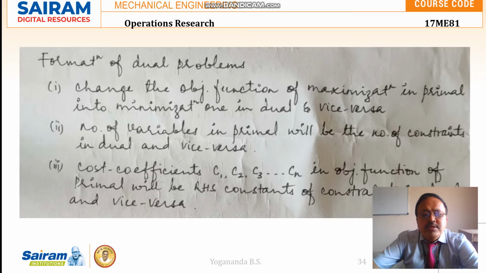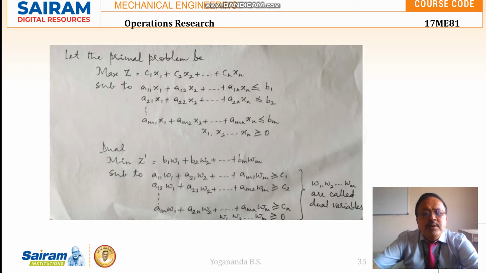The cost coefficients in the objective function of the primal will be the RHS constants of the constraints in the dual. So here we have the cost coefficients C1, C2 till Cn. They will become the RHS in the dual problem. Here the coefficients of x1 in all the constraints, like A11, A21 till AM1, will become the coefficients in the first constraint.